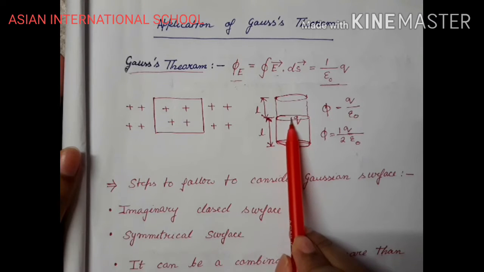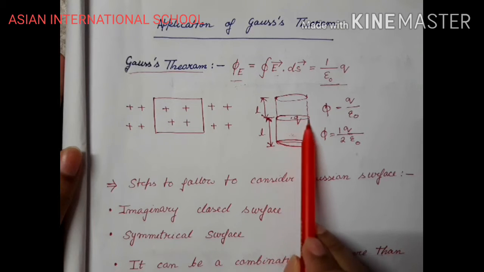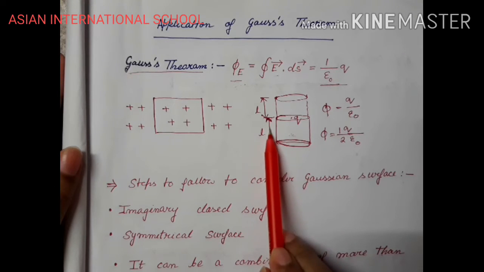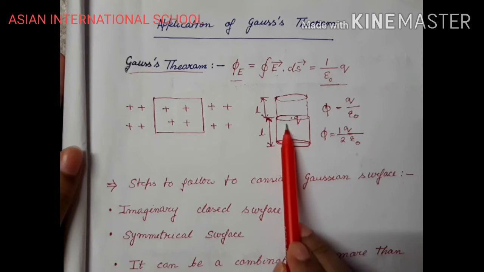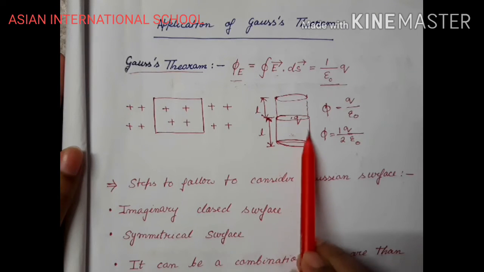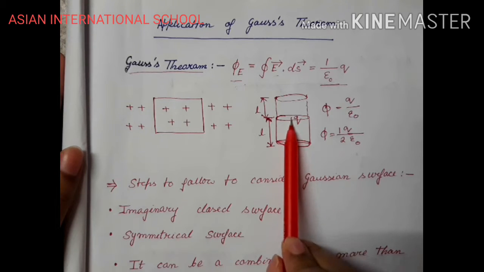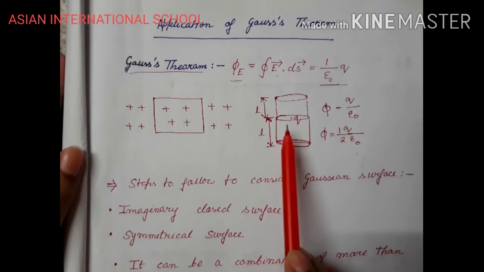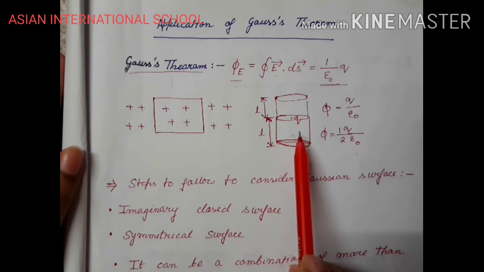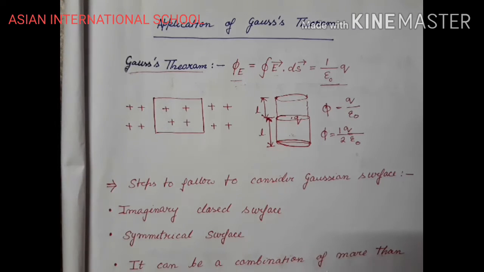If you remember this sum, it has also been done in the previous class. We have taken a charge q which is kept on the topmost portion of a cylinder of length L. Our objective is to find the net flux for this charge q through this system. If we have to find the flux with the help of Gauss theorem, then we need to consider an imaginary surface known as a Gaussian surface, with the help of which we will enclose this charge q. This charge q will be enclosed within a system, right?